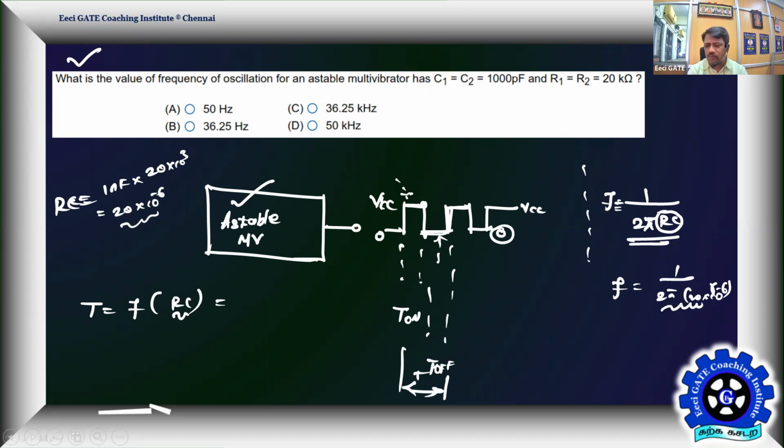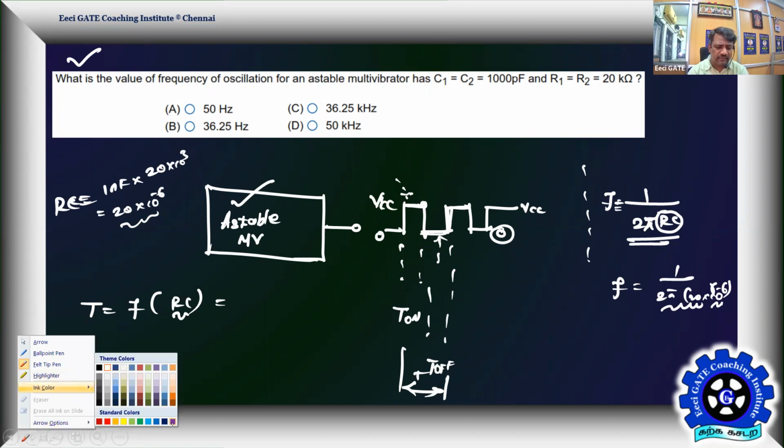So 20 into 2 pi, some numbers, and 10 power 6 comes to the numerator. So it's going to be a megahertz divided by something, but 40 into pi is not really around 1000. Therefore, the result has to be in kilohertz. One can have that expectation. It's an anticipation, but nobody can surely commit to which one is the right answer.